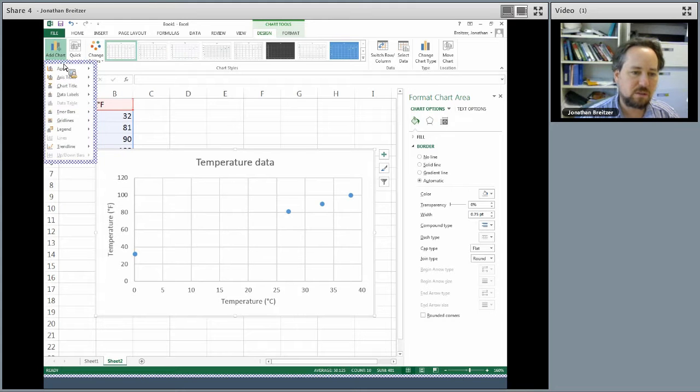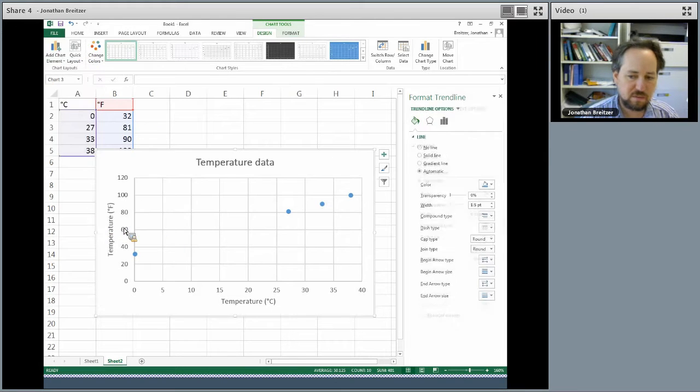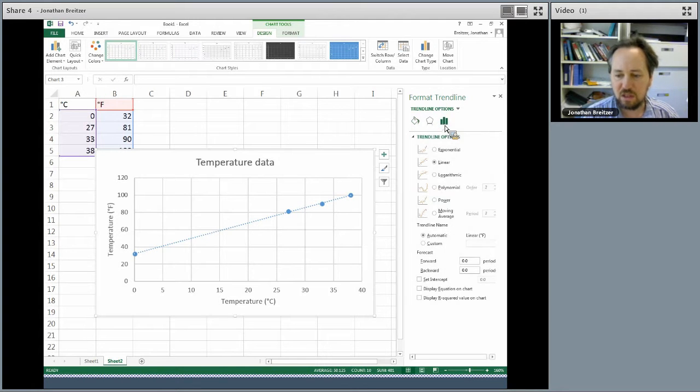Okay, now to add a trend line, just do the same thing you did before. Add chart element, add trend line, more trend line options. And then click over to where it says trend line options, not the bucket thing, but the trend line options. Linear is fine.